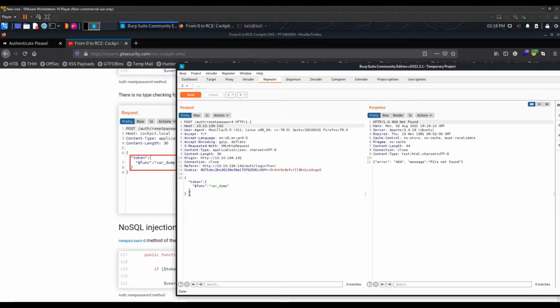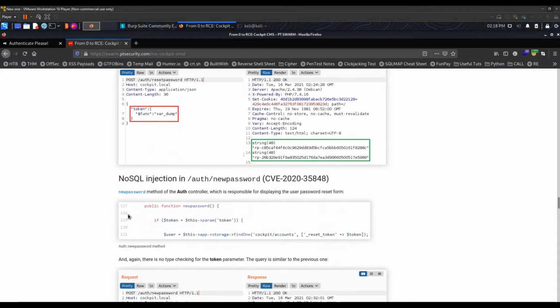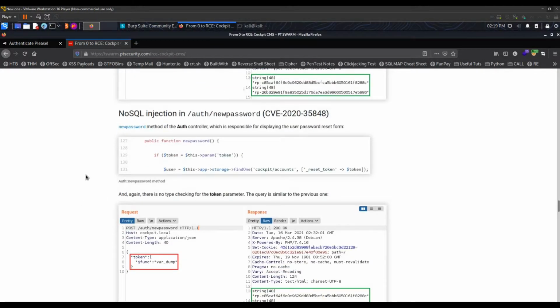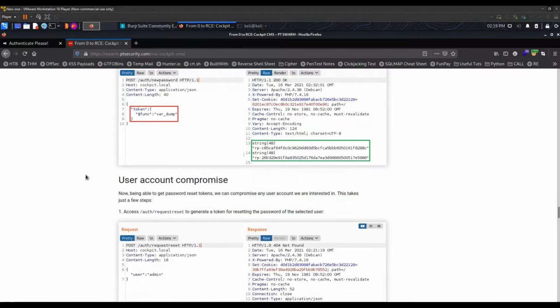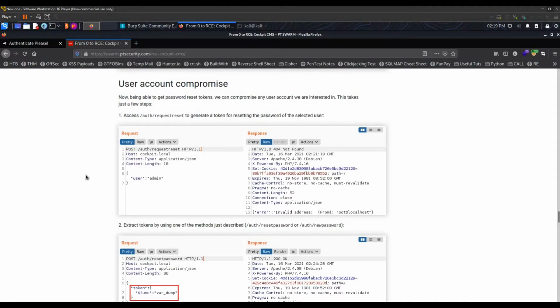194.142, and if we do this token func var dump on auth reset password, then we get a reset password token. So let's copy this, and now let's move on to reset this token. Sorry, user account. Okay, so we have auth request reset, and